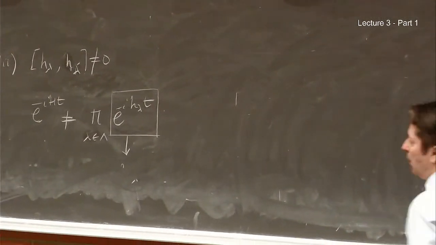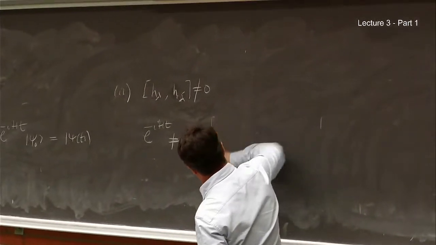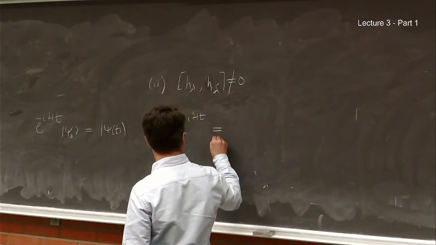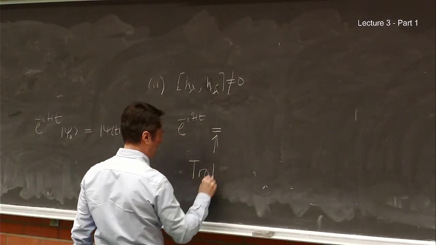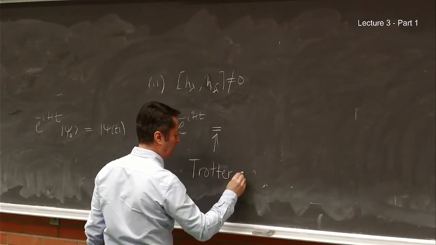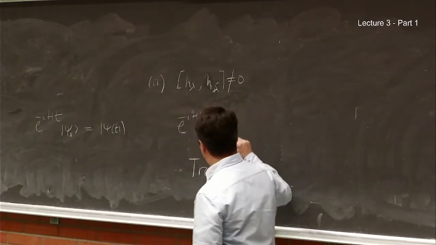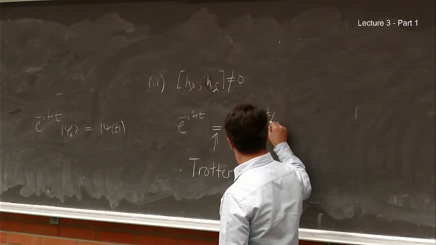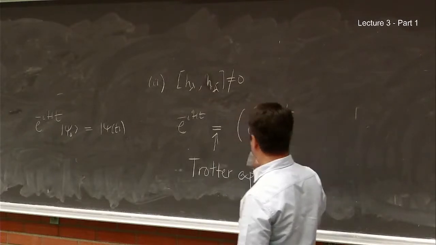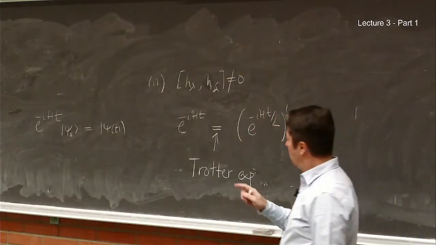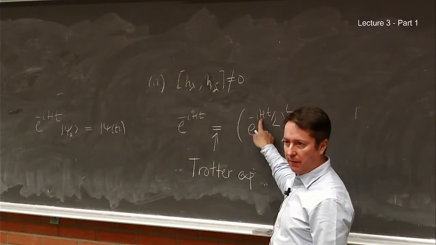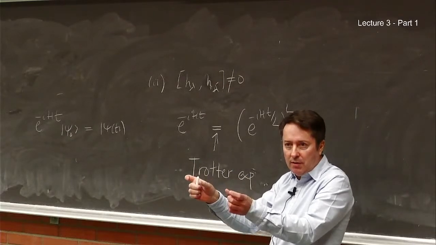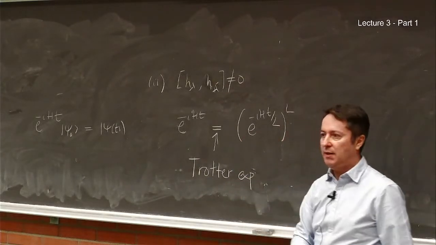But what we can do is what we did yesterday, which is typically known under the name Trotter expansion, or Trotterization. And the idea is to write this as e to the minus i h t divided by L, to the power L. Now, it is possible to write because h commutes with itself, and therefore e to the 2h is the same thing as e to the h times e to the h. So they commute, so we can write it like that.